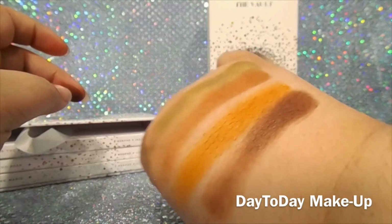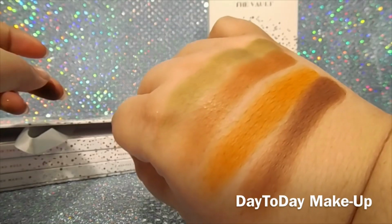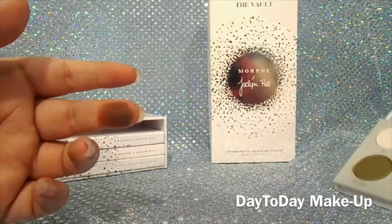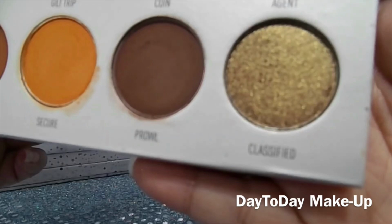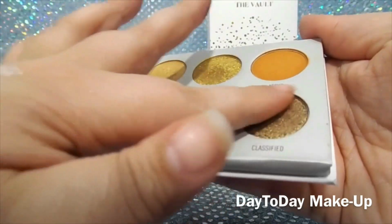And for this color, I did have a little bit of difficulty with this one. I don't know why, but a lot of the colors start off very pigmented, and towards the end, it's just like blah, they fall flat. They don't become pigmented anymore. I'm not really sure, but that one became really sheer at the end. So the next color we're gonna go ahead and go in with is the